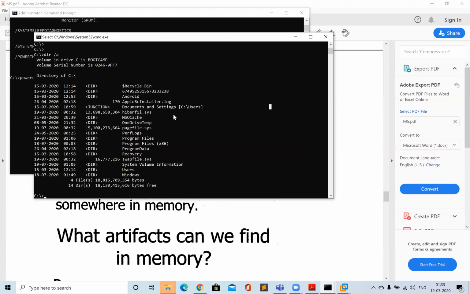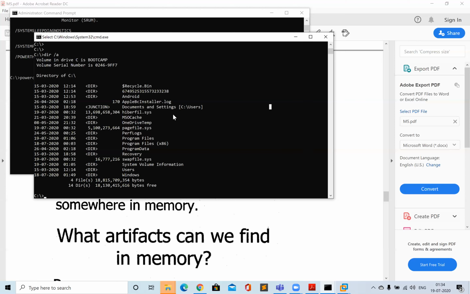Okay, so in some cases, suppose you are analyzing a scenario where you don't know the date of compromise of the system, and you think the system might have been compromised one month back. Now you can't capture the RAM from the current system, but you can search for the hiberfil.sys, and luckily you find that the hiberfil.sys is 28 days old. So you can extract that and process it,